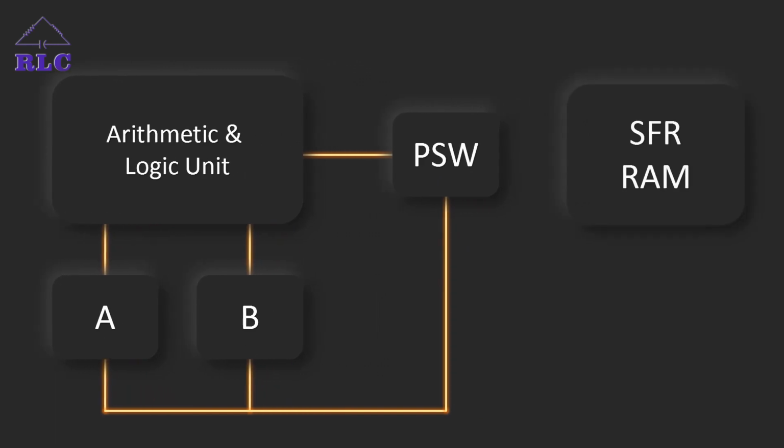We are going to call that memory location as RAM. Okay. We have an SFR. We'll go through this in detail while going through the memory part in the next video. That is special function register. This RAM is a random access memory. It is like a set of memory locations where we can store the data and we can retrieve it.